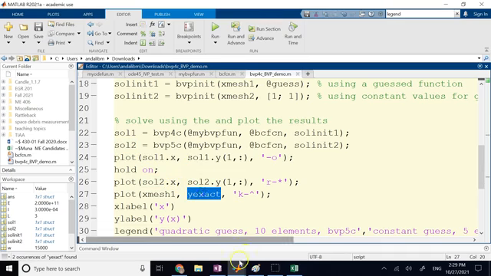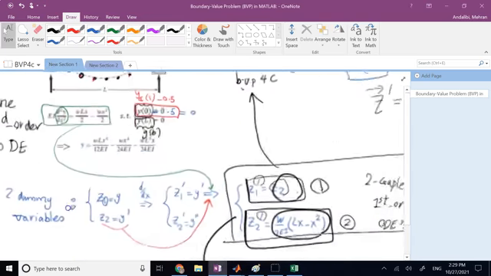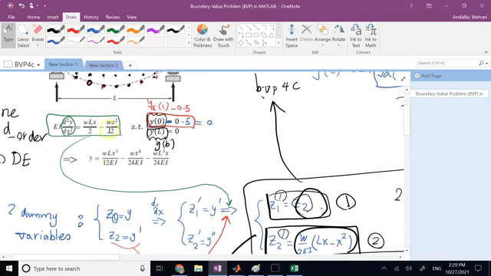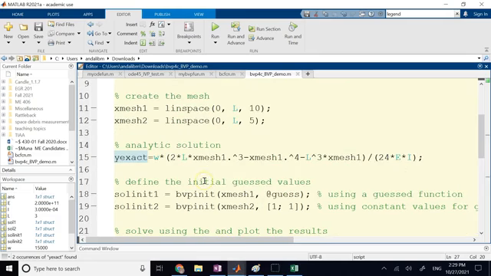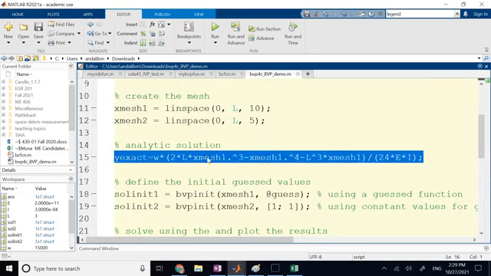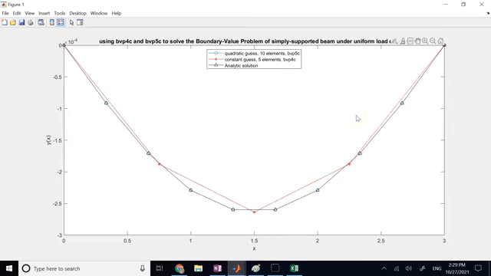I also have the exact solution, which in this case is a very simple solution, right? Just integrating both sides twice and dividing by EI, so it's a fourth order polynomial. And you see I have defined that as well here, call it y exact. And then I plot the different solutions with different number of mesh elements and solvers versus the analytical solution, and this is what you get. The black one with triangles is analytic, the blue one with circles is the quadratic guess with 10 elements, and